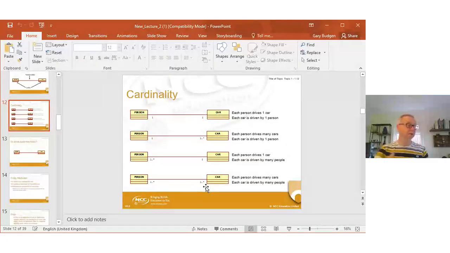Imagine this is a company that gives its workers cars as part of their employment. Well, they might have any of these setups. One person might have a dedicated car, and that car might only be for them, in which case the first one would be right. Or, the company might have lots of cars, they might be driven by lots of people, any person might drive any of those cars, then the bottom one would be right. There's no correct answer unless we know the situation,